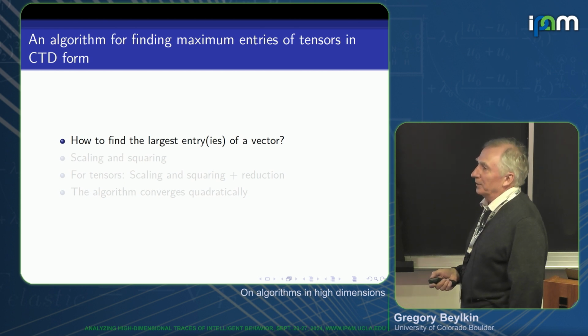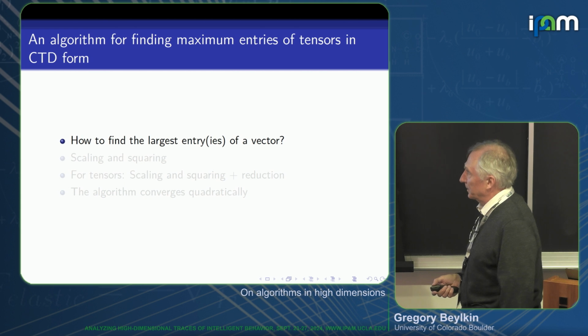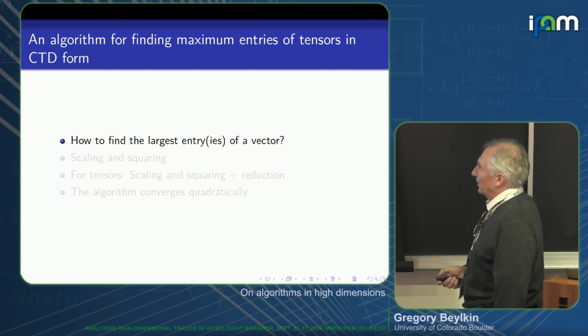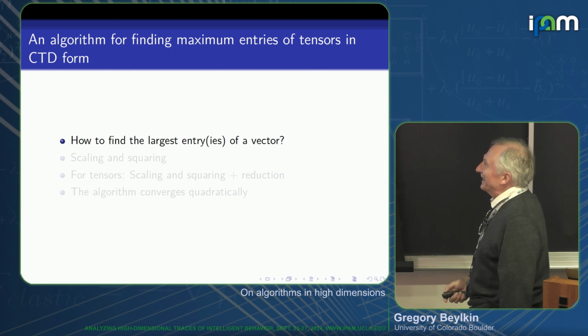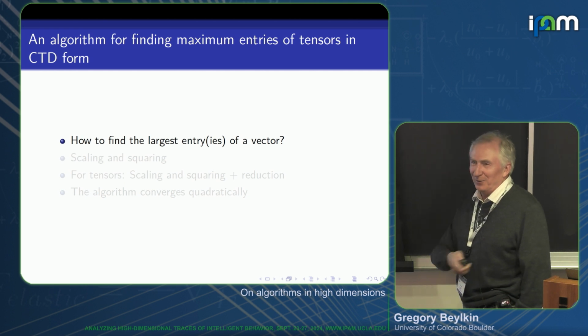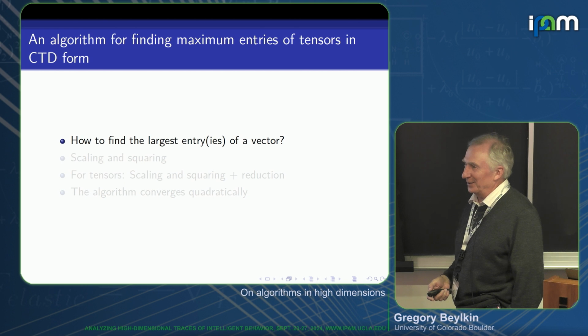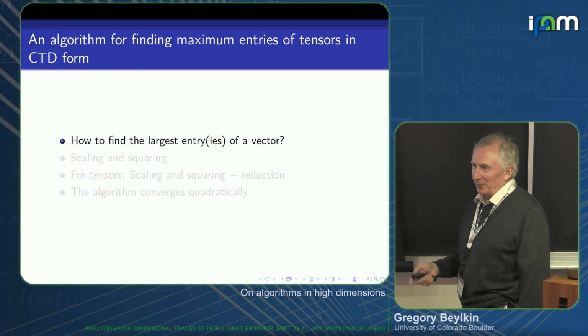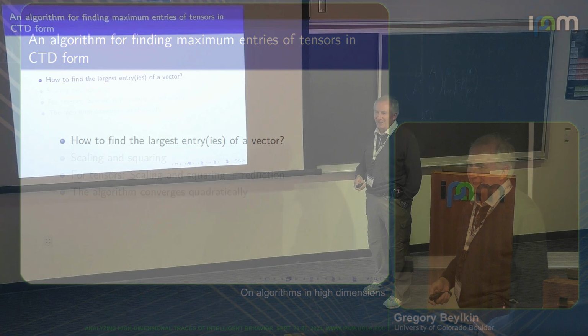Okay, one more algorithm with separated representations. So pretend that you can read below. So how do you find the largest entry of a vector? So I give you 100 numbers. How would you find the largest entry? Well, you will write a loop. You go compare, right?